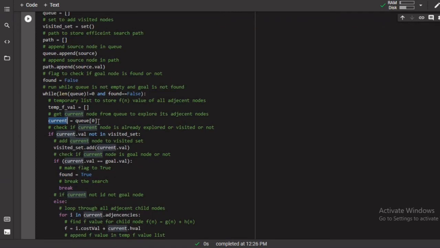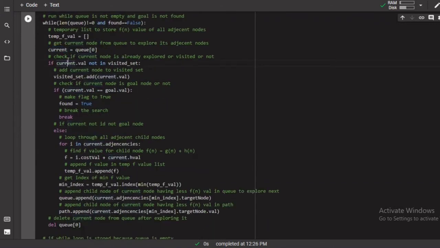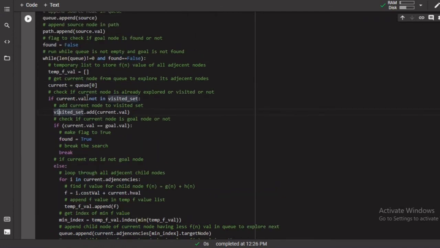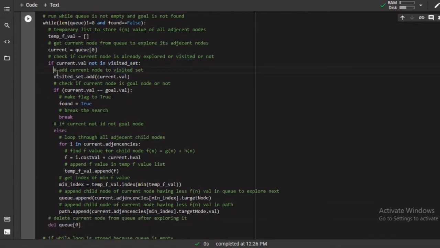The value present at the zeroth position, that is the top of the queue, becomes the current node, which is currently the source node. And we are checking if the current node's value is not in the visited set, and if it is not visited, then we perform the following actions. So here, as it is not visited, we make it visited first by adding it to the visited set.